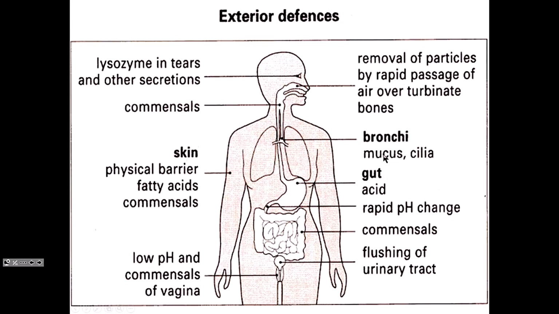So it's as shown here, acidic environment. And I talked about commensals, and also just flushing of the urinary tract, like in the bladder. If you're getting a bladder infection, I'm told if you drink a lot of fluid, that can sometimes help to flush the bacteria out. So these are physical barriers and exterior defenses that help the body in a limited way defend against invasion by